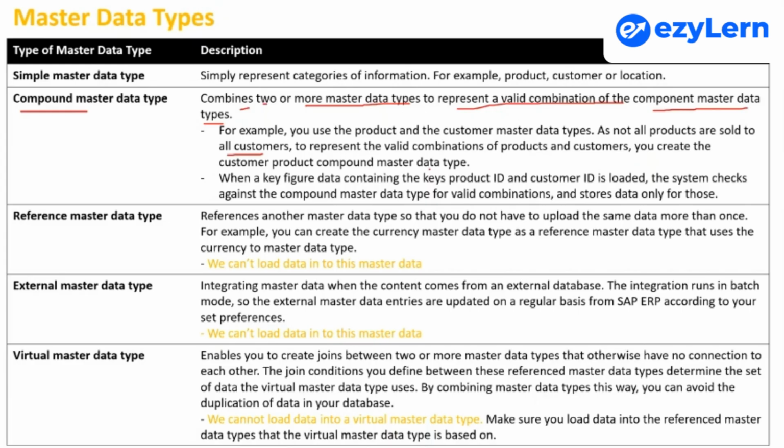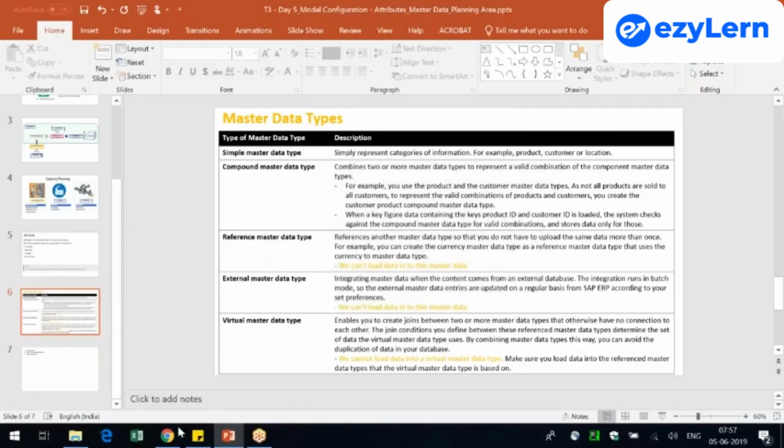So when key figure data containing the keys, product ID and customer ID, is loaded, the system checks against the component master data type for valid combinations and stores data only for those. For example,